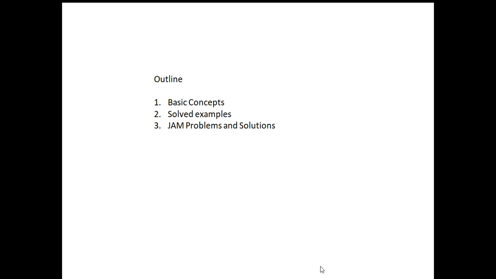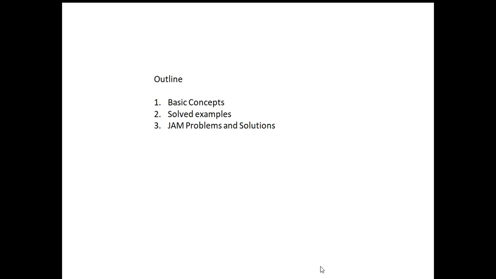Generally, in our syllabi, except in a few institutions, very little stress is given on how to solve problems. That is, how do we go from known to unknown. We give more stress only on the known things, and the unknown things we just don't try out. They are not very difficult, they are easy. The problem is we don't know how to apply the basic concepts to problem solving.